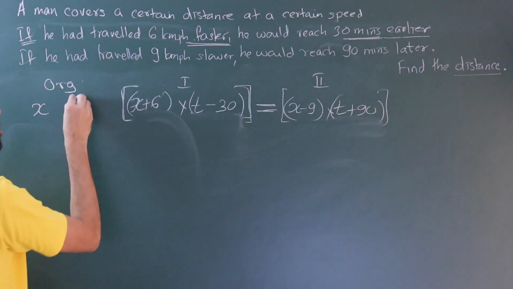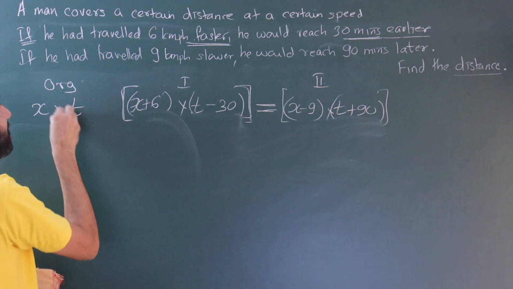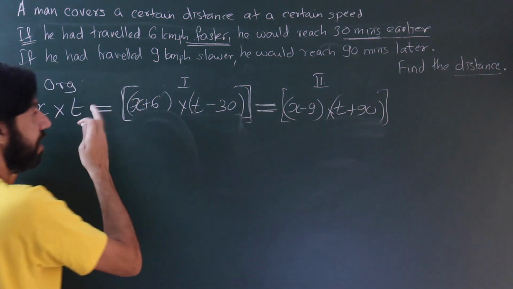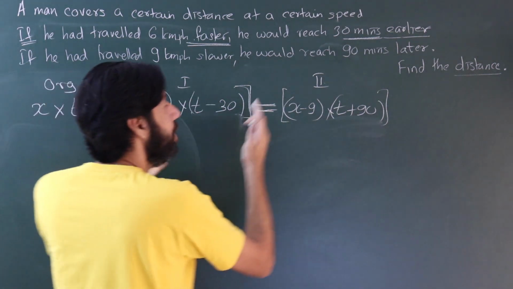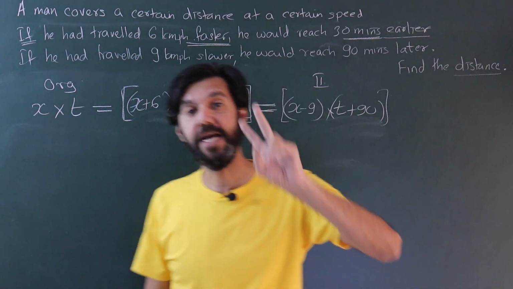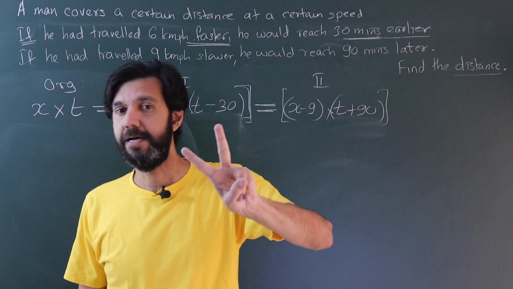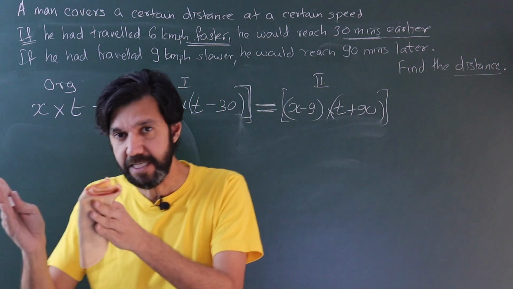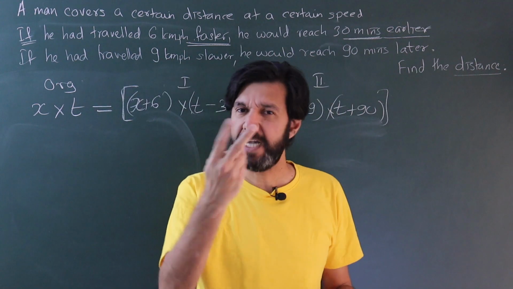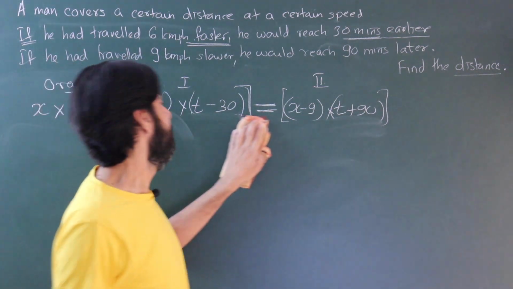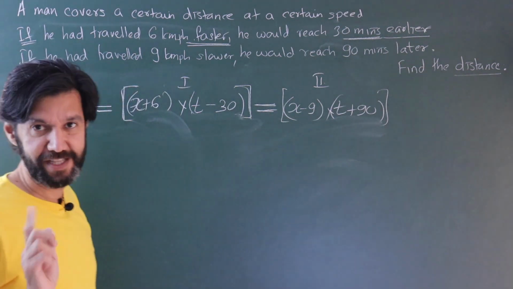So at x I was taking a time t, so x into t is also the distance, and now I have a relation of the type A is equal to B is equal to C, and such a relation gives two independent equations. Either take A is equal to B and B is C, or A is B, A is C, or whichever. Take any two pair, there are two equations. So here you get two equations.